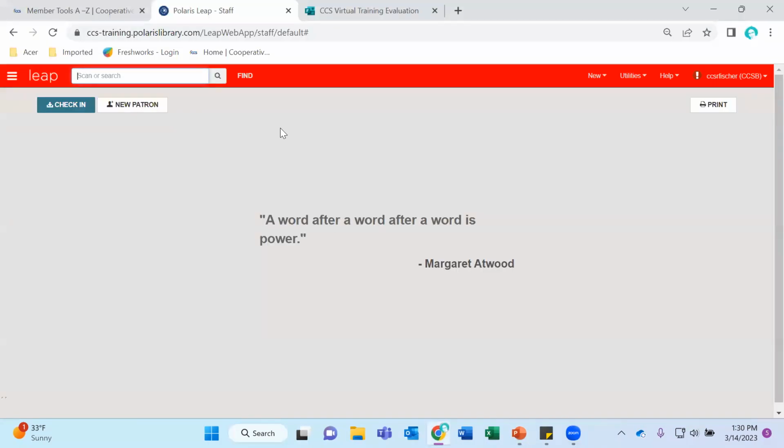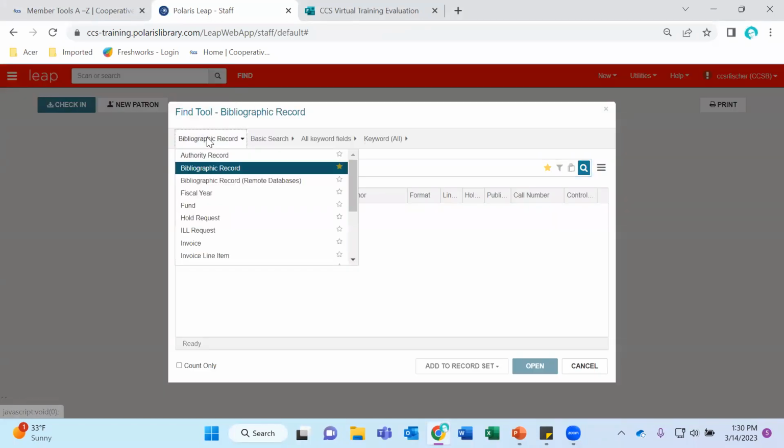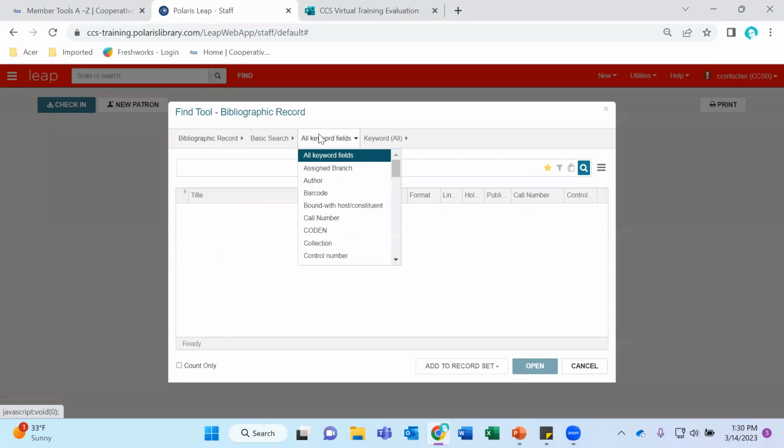Sarah asks if there's a way to search for the UPC number using Z3950. That's a good question. Let's see. One thing I found that's a bit glitchy that I should mention about Leap is that if you try